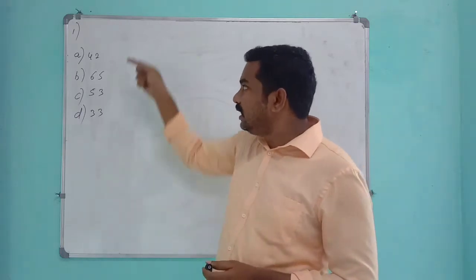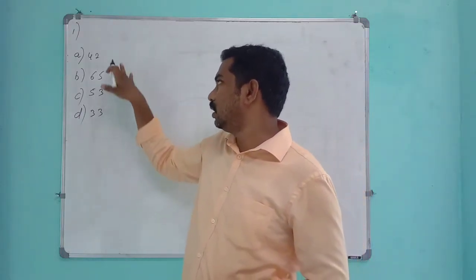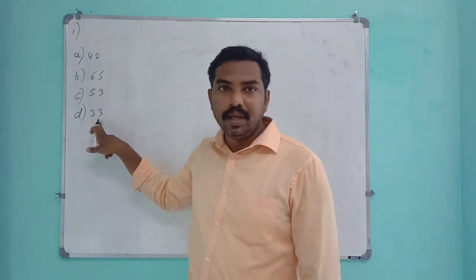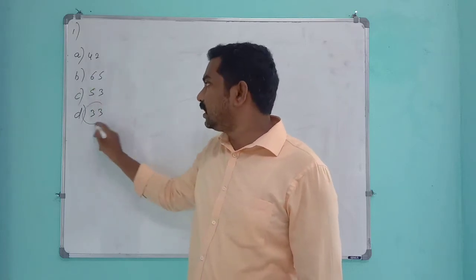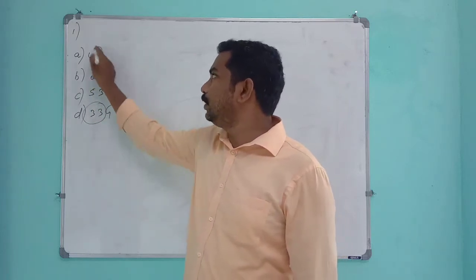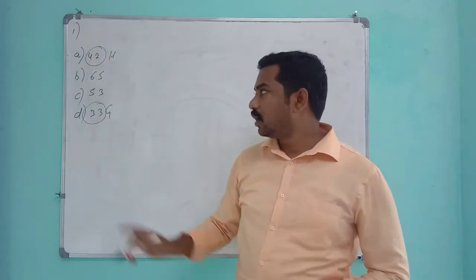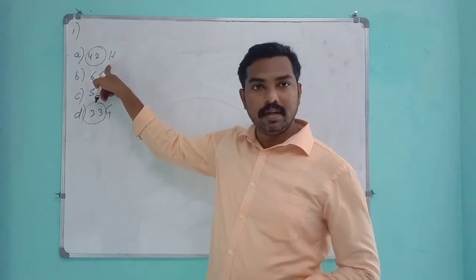Now, if you see what is the less marks option here, A, B, C, D, you can find it in option D. Therefore, 33. If 33 plus 9, that is 42. So the answer will be 33 in geography and 42 in history. Directly, we can say this answer. So her marks in geography is 33 and her marks in history is 42.